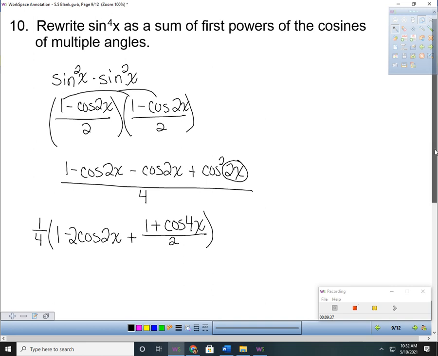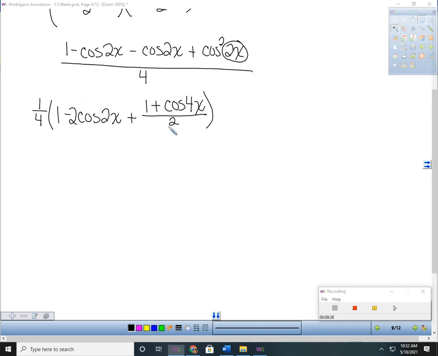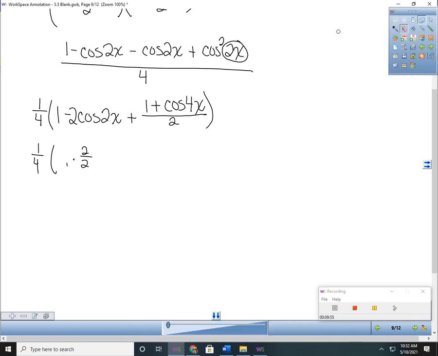All right, so I noticed that this is over 2, but these are not. So I'm going to get a common denominator of 2 so that I can put some things together. So I will go through and multiply every term by 2 over 2. Now remember, these are in the numerator, so if it helps you, make sure that you write these next to the numerator. All right, then I've got minus 2 cosine 2x times 2 over 2